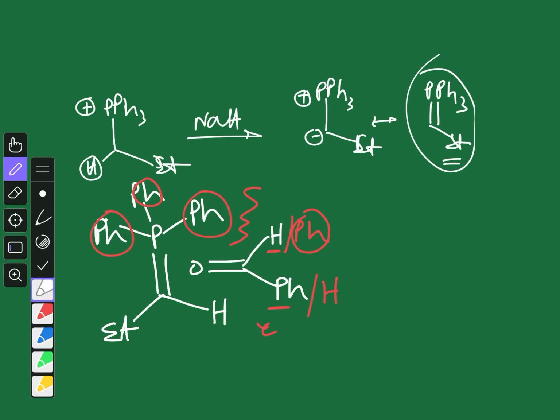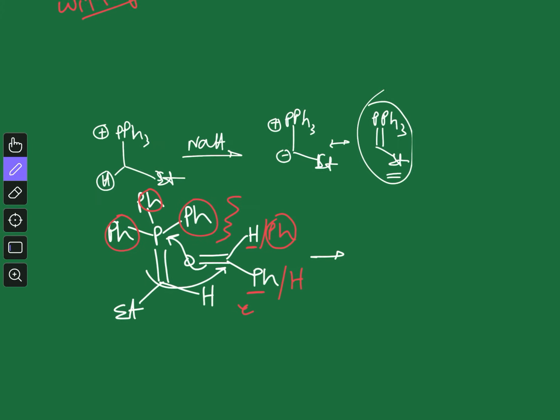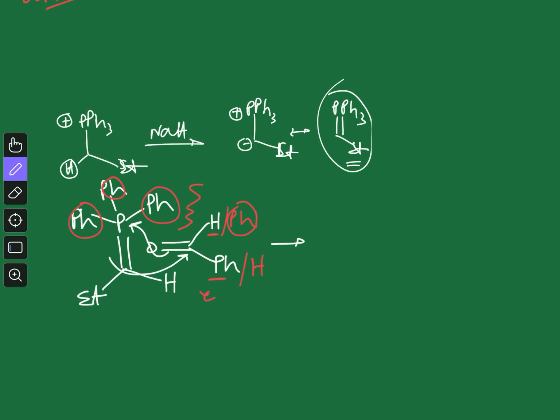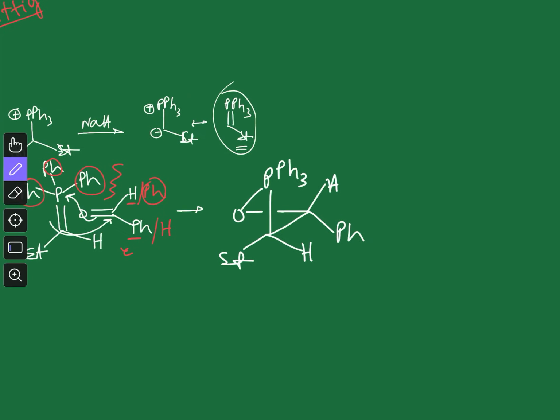Now from this white arrangement, what you will get, so this bond formation will occur from here to here and here to here, and now you will get the oxaphosphetane intermediate. So this is how the oxaphosphetane will look like. Yeah, so here you have this hydrogen, you have this ethyl group, and here you have this hydrogen and this phenyl group, and 3 PPh3 groups are there. So this is the oxaphosphetane intermediate you will get.